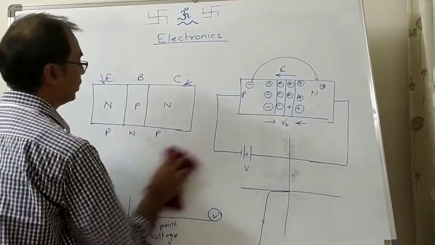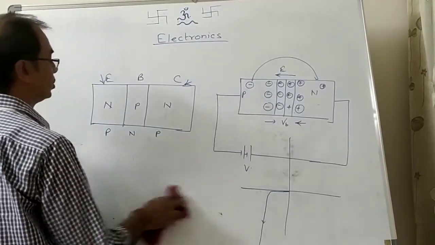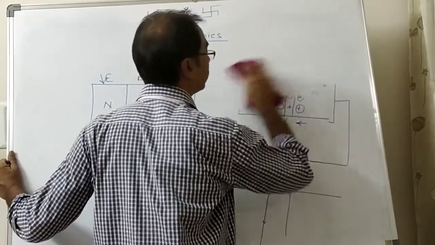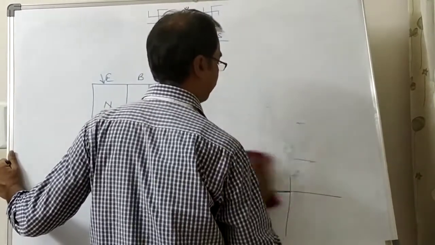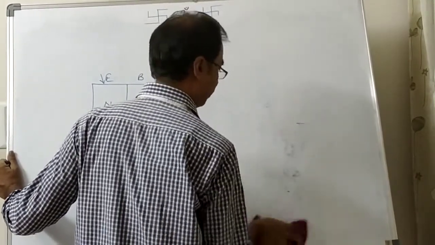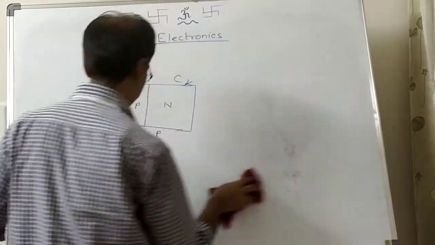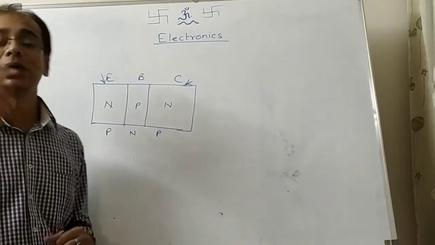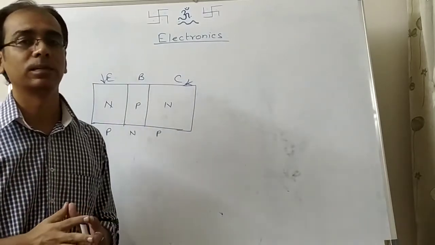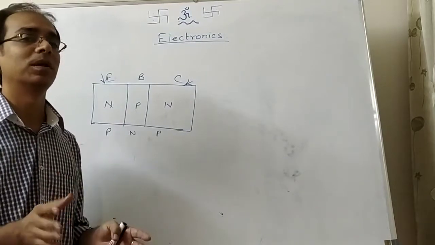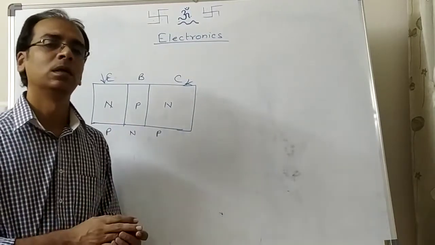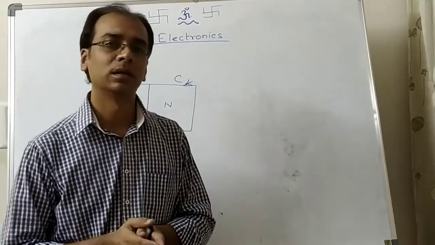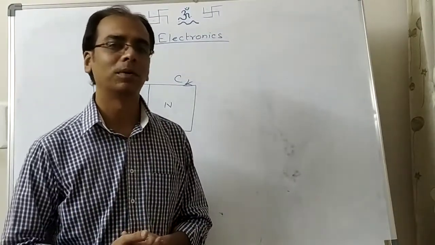In a transistor, we have 2 junctions, 2 PN junctions. One is here, one is here. Okay, so we have to understand this now. Let's see. In this one also, we have mainly 2 types of transistor that we study. One is common base and one is common emitter. Common collector is also possible, but questions are not asked on it, or I should say in our syllabus it is mainly common emitter. But we can talk a little bit about common base also.